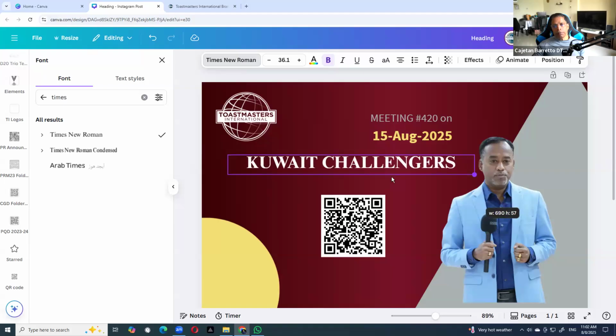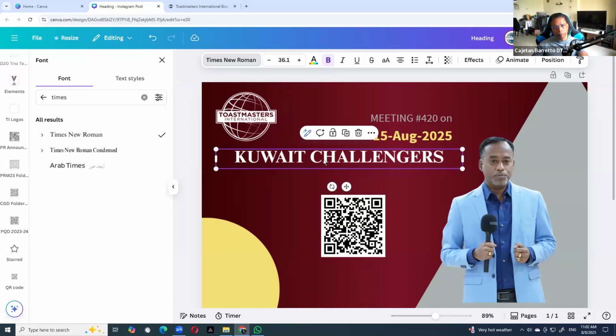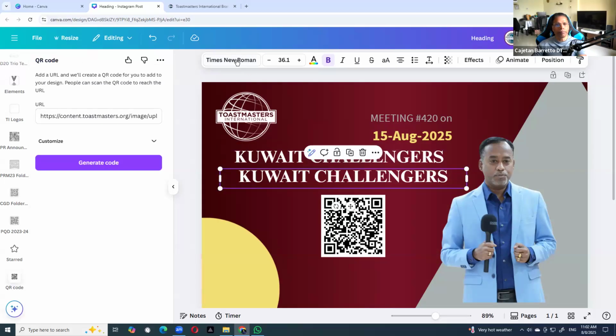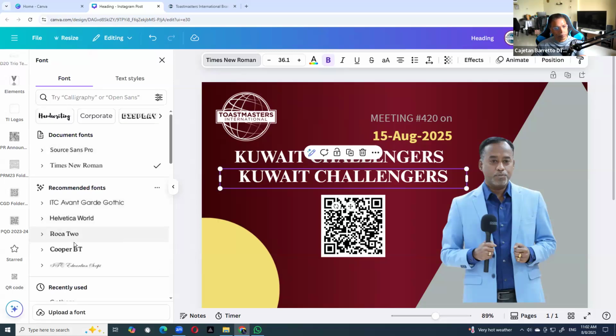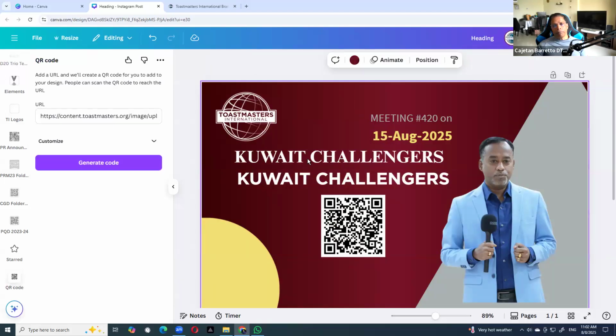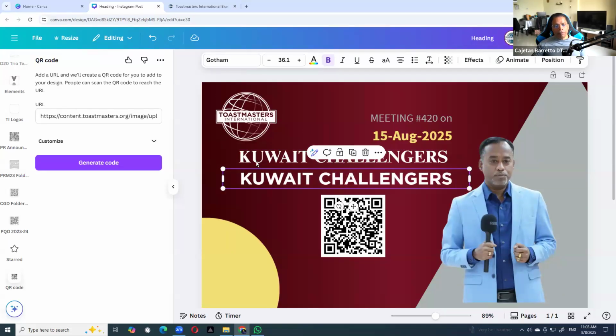And what is the difference between a serif font like Times New Roman that you see here and a sans serif font? Let me copy and paste it so you can see the difference. The difference is that we don't have the serifs at the end of each letter. You have this.